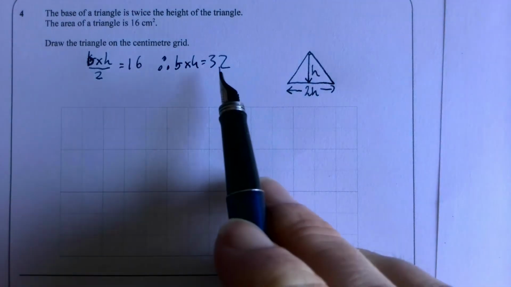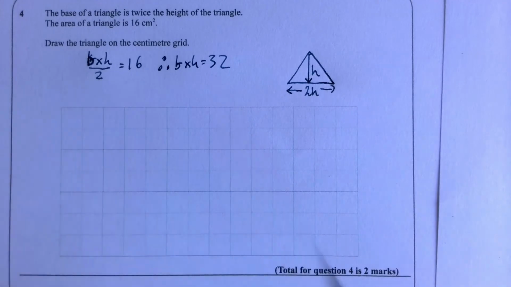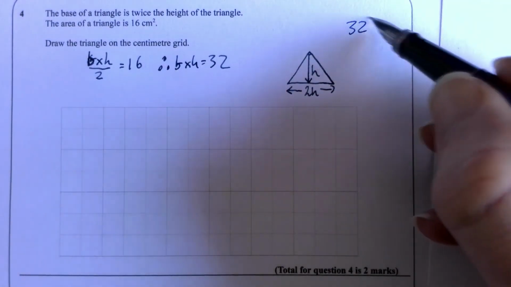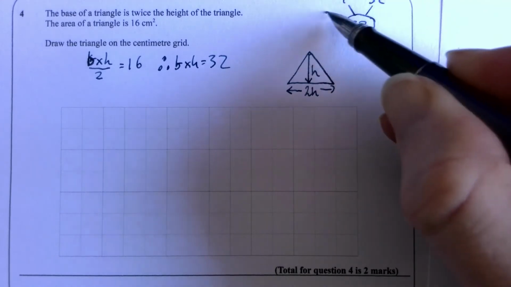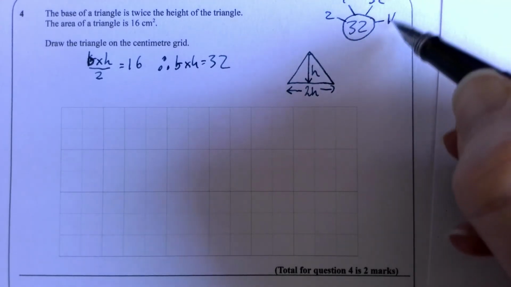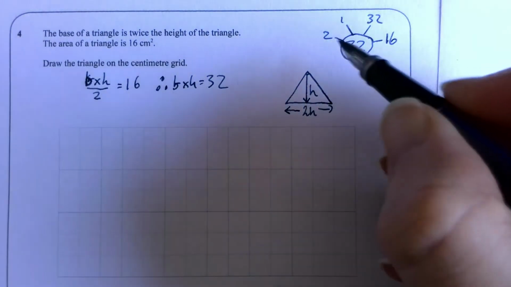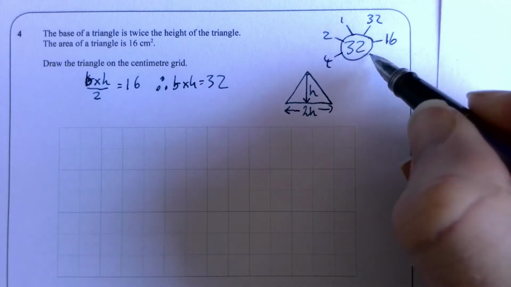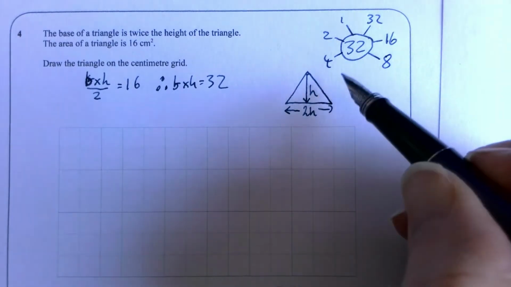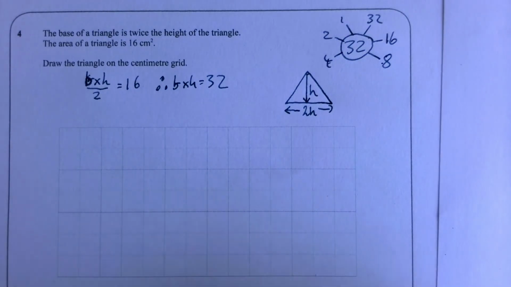So we're looking for two numbers where one of them is twice the other and they multiply to make 32. So what are our factors of 32? 1 and 32. Half of 32 is 16, so 2 times 16. 3 doesn't go in because 10 3s are 30 and 11 3s are 33. 4 goes in half that number of times. Now, 4 is half of 8, so it must be